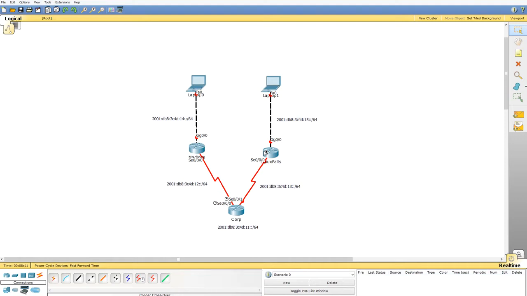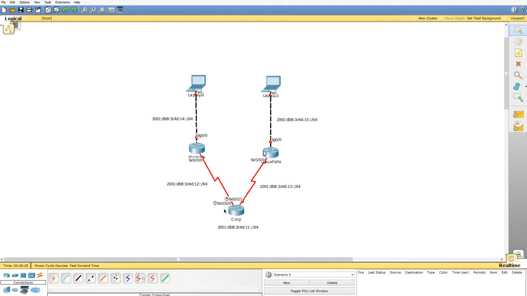In this video, we're going to take a look at setting IPv6 addresses in a network. We'll look at configuring them two different ways, number one being manually assigned, and number two, using the EUI-64 notation as well. So I'm going to start out with this corp router here, and you can see just some general